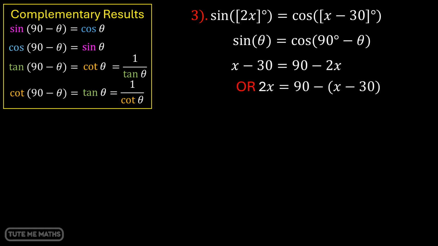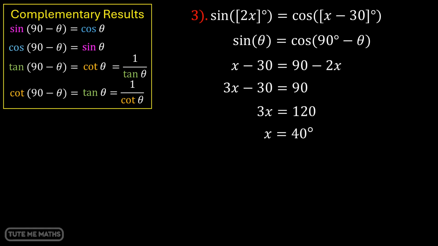Alternatively, we could have used 2x is equal to 90 minus all of x minus 30. Just be careful here when subtracting the negative 30. The first expression leaves less room for error. Adding 2x to both sides, and then 30 to both sides,